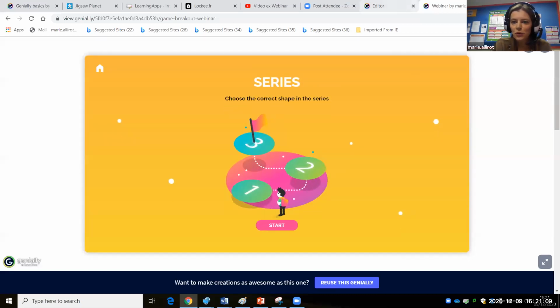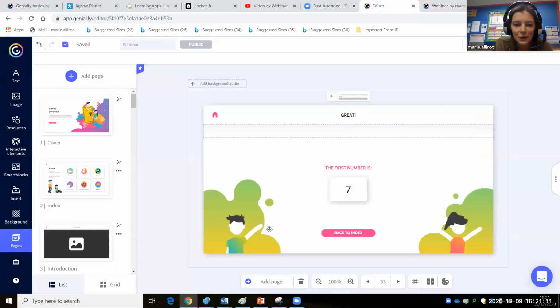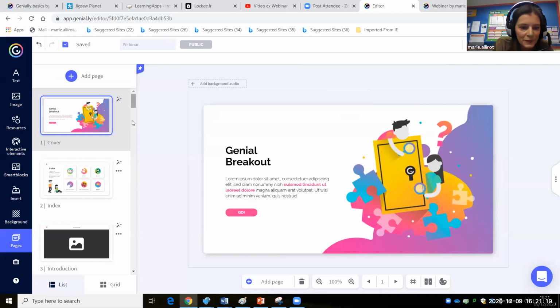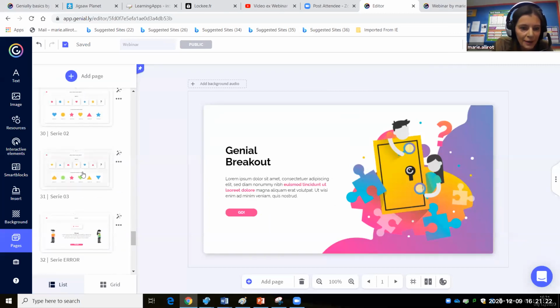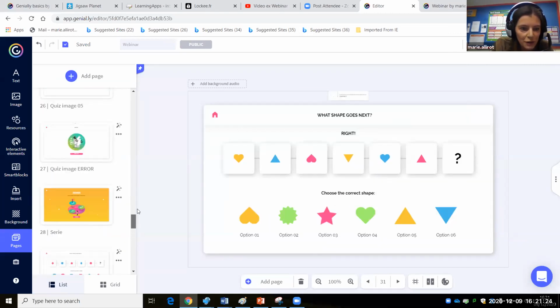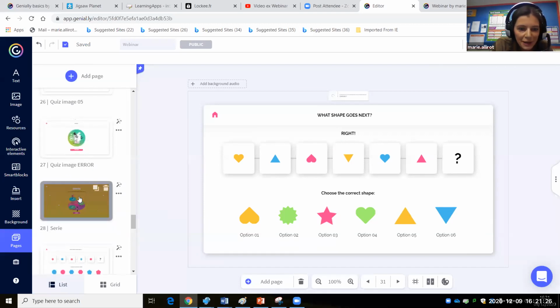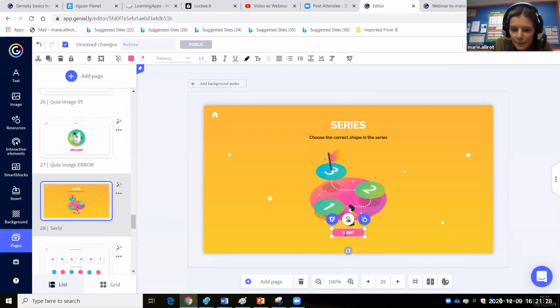Oh, I saw there was a problem with that template because one of the links doesn't work, so I need to change it. So if I go back, so normally you wouldn't have to do that with a template, but I think there's a problem with this template because the start button doesn't work.